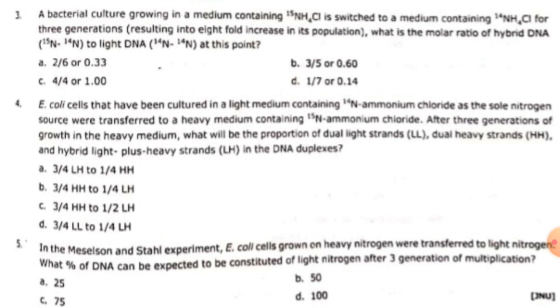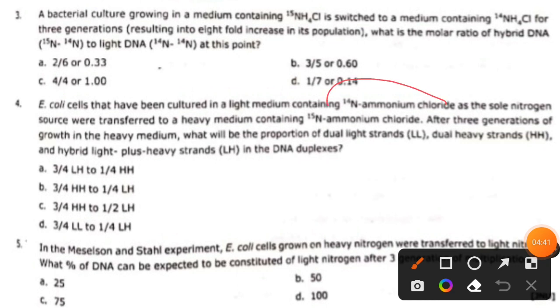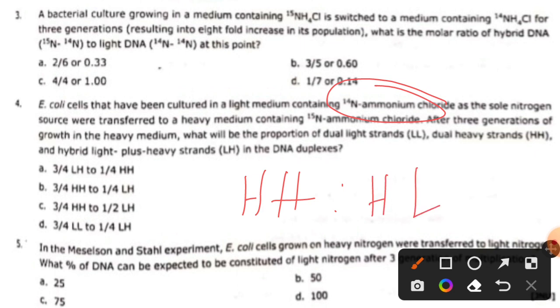And if you have watched my previous class, then I think you can understand that after the ending of the first generation there will be no pure 14N containing DNA, right? We will get hybrid. So that means they just want from us the ratio of heavy nitrogen containing DNA strand and the hybrid nitrogen containing DNA strand. Clear? That means